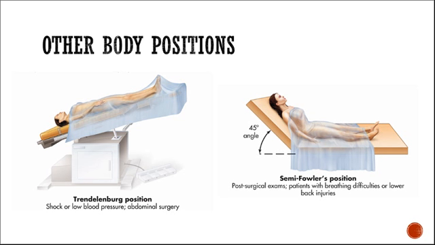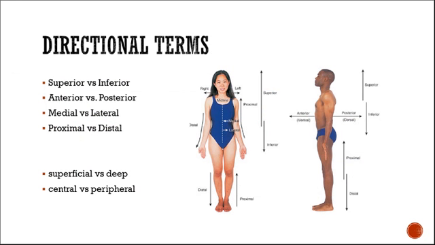Next, we're going to shift gears and go to our directional terms. Directional terms can look a little overwhelming at first. The good thing is they come in pairs. So if you know one of them and you know what its pair is, you can derive the meaning of the other one. So it's kind of cool. The term superior means above another part. Inferior means below another part. Anterior means toward the front of our body. Posterior means toward the back, or one part can be anterior to another part, meaning it's in front of, or posterior to another part, which would indicate that it's behind or in back of.